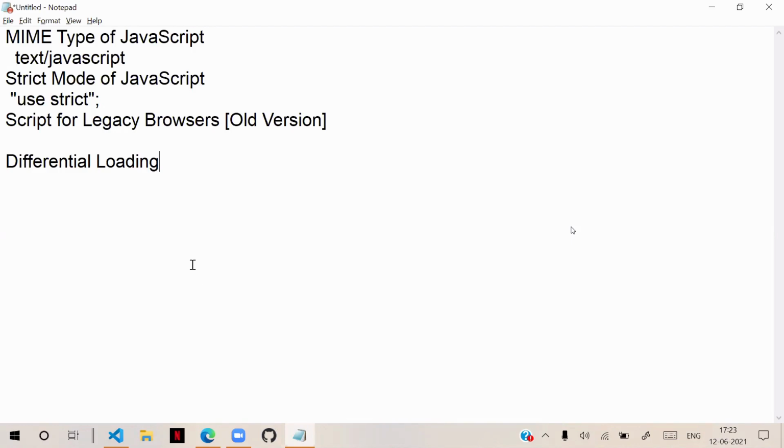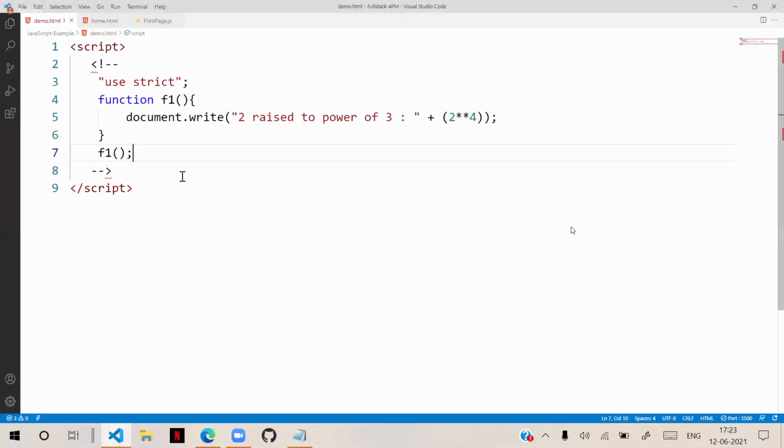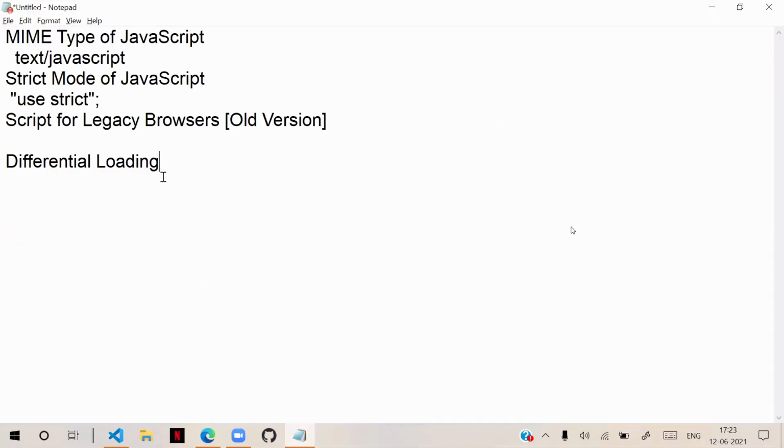That's the reason they can run on every device, every operating system, and every browser. So this is very important, you need to understand. That is strict mode. Another one is for legacy browsers: you have to enclose all your code in these HTML comments.